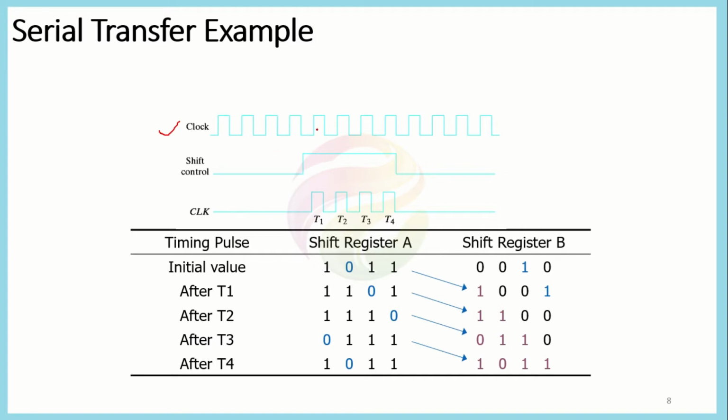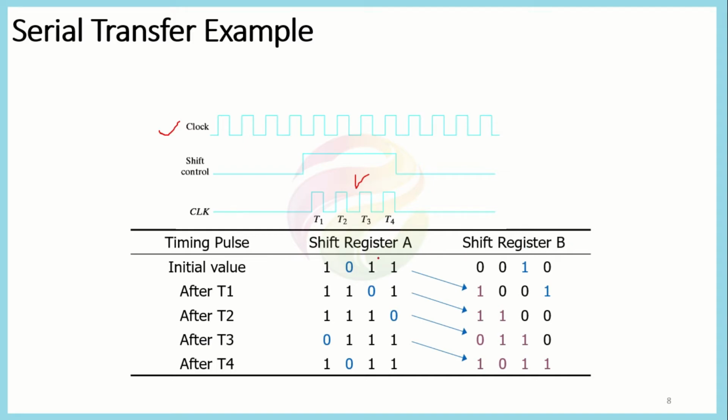So if we AND both these signals, we would get a clock signal like this. This clock signal would only have 4 pulses. So if we want to shift 4 bits of data from shift register A to shift register B,